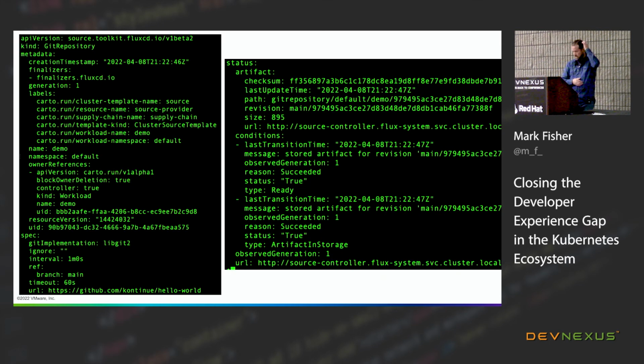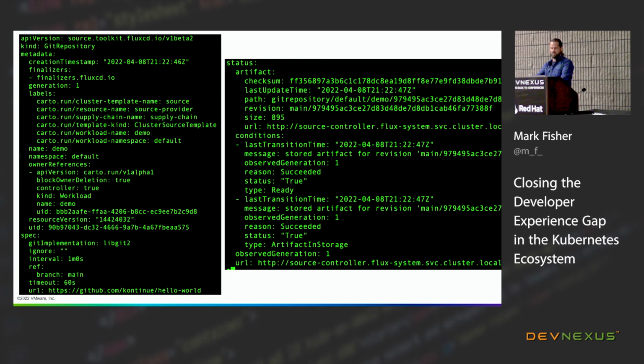And what this looks like, this is one resource here that I chopped in half so you could see the spec on the left and the status on the right. But it's a single resource called GitRepository. In the spec, the important thing is it has the URL for the Git repo, and it has the branch. And it has an interval, which in this case is 1 minute, but that's adjustable, right? So this is going to be polling that Git repo and checking for changes. If there's a change, it's going to reflect it in the status with an updated